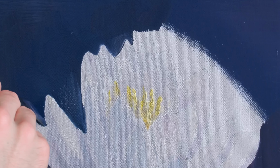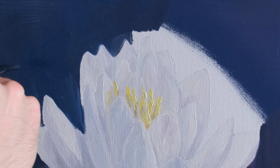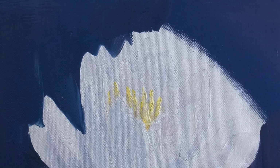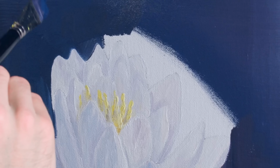That looks about right. What's going on here? I need to look at my drawing. Okay. Couldn't really tell what was needing to happen there. That's what's needing to happen right there. Boom. That's pretty. Perfect? No. Pretty? Yes. I think we can work with that. All right. I could literally spend all day. I'm going to lose all my time